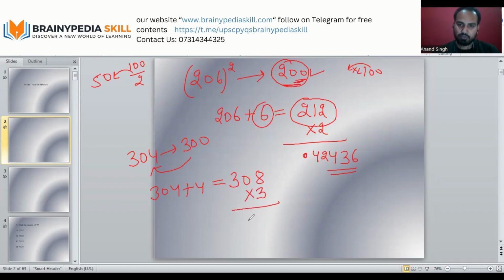So that is going to be 924, right? And the square of 4 is going to be 16. This is the square of 304. Similarly, whenever the number is nearby 400, 500, and so on, you can apply these tricks to solve those questions easily,